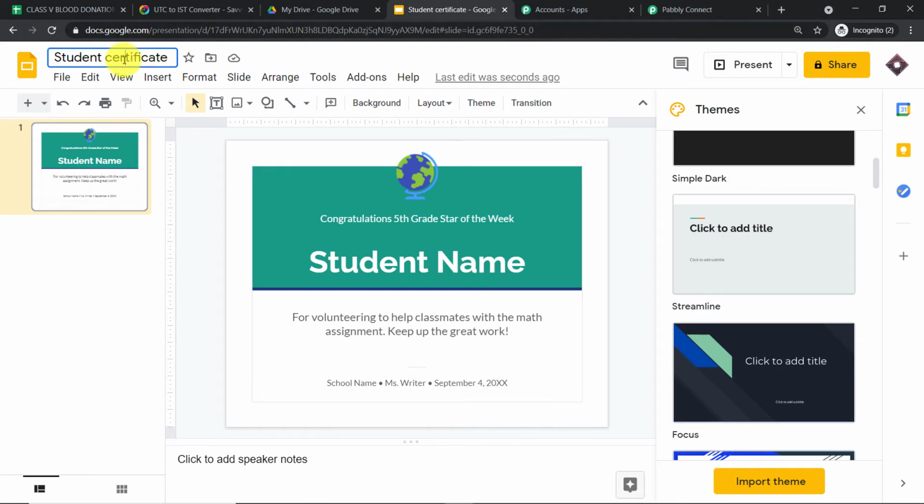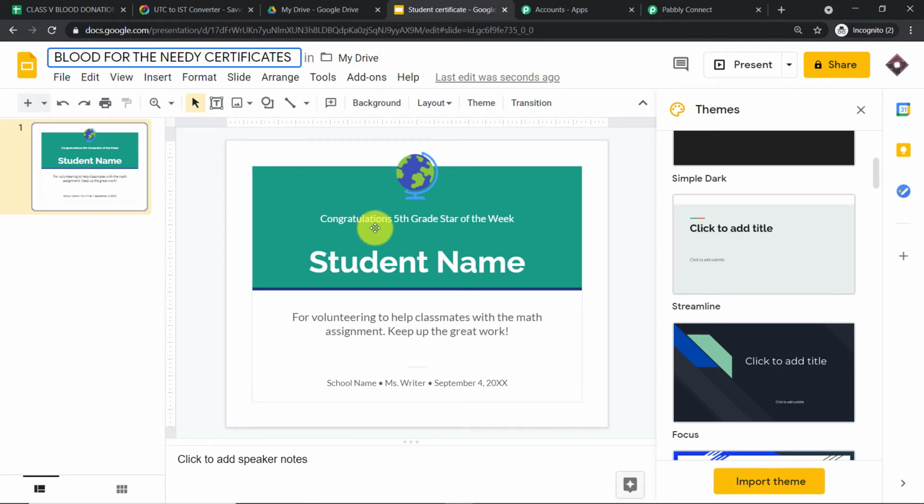How about we give a name to this certificate? The name of this template of the certificate will be, let's say, Blood for the Needy certificates. So this is the one, Blood for the Needy certificates.